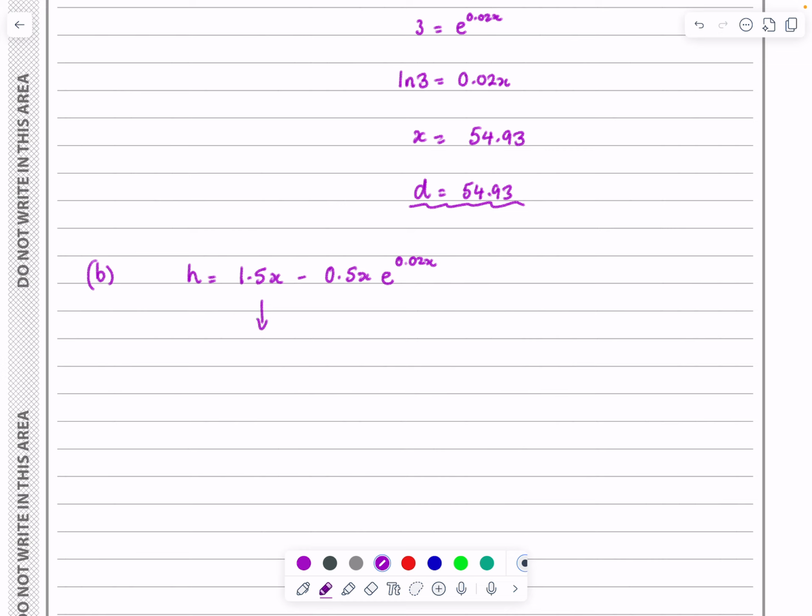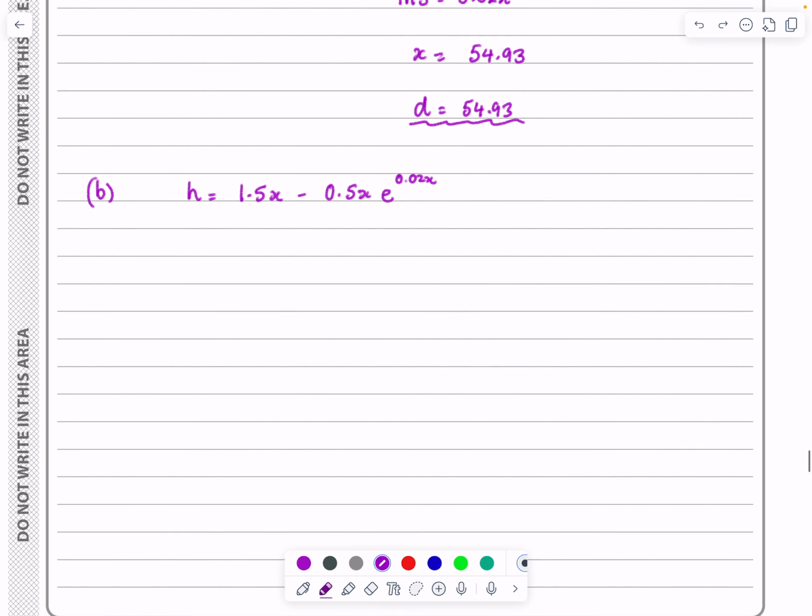That's going to be 1.5. But differentiating the other part, we can see we have a product there, 0.5x times e to the 0.02x. So I'm just going to focus on differentiating that bit there. So the differential, you don't need to write it like this, I'm just doing it for explaining it to you guys. The differential of this bit here then, I'm going to do this as a product. So I'm going to say u equals 0.5x, v equals, let's get that right, e to the